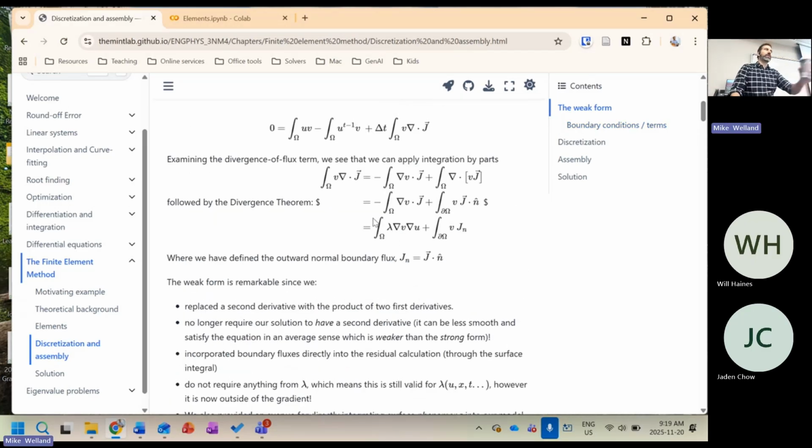The weak form is a pillar of finite element method, but honestly, weak form existed before FEM came along. FEM uses weak form. Another nice thing about the weak form is that, first of all, this is basically minimum weighted residual again, right? All we've done is we've used the test function and we've arrived at the same idea. We're integrating the test function, but now we've manipulated this and we've actually shifted one of the gradients onto the